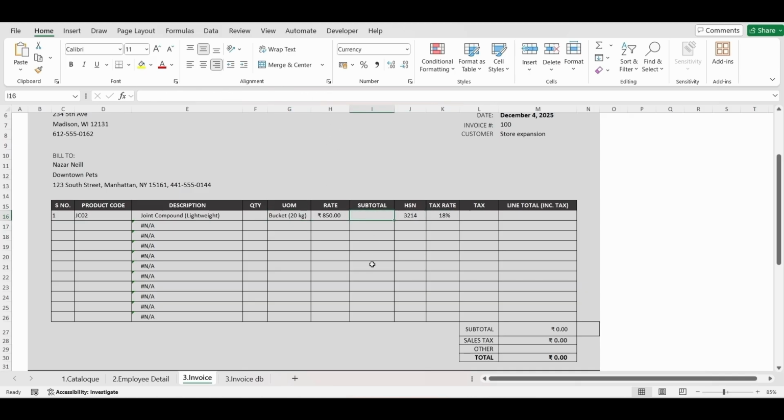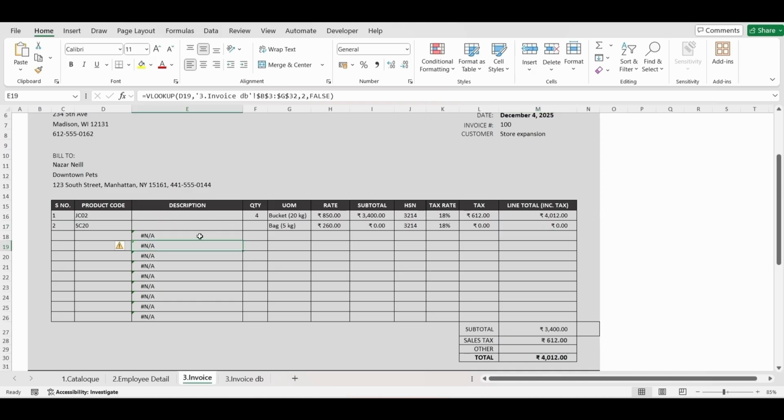And now I can set up another formula to calculate subtotal by multiplying this rate with the quantity. And based upon the total and applicable tax rate, it will calculate the tax value by simply multiplying this tax rate with the subtotal. And finally, the running total will be calculated as this tax value plus subtotal. So this will give you the overall value of this first line item. So you can see 3400 subtotal, total sales tax 612, and finally the combined total is 4012.